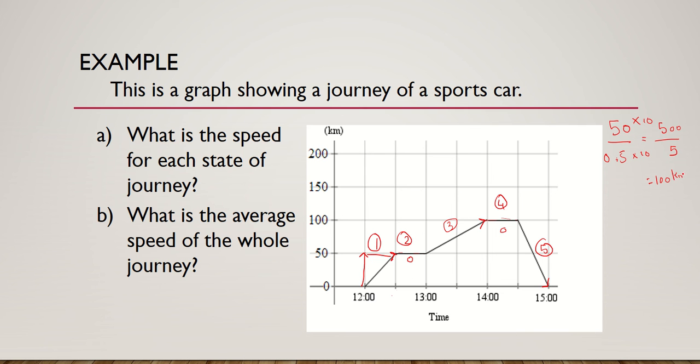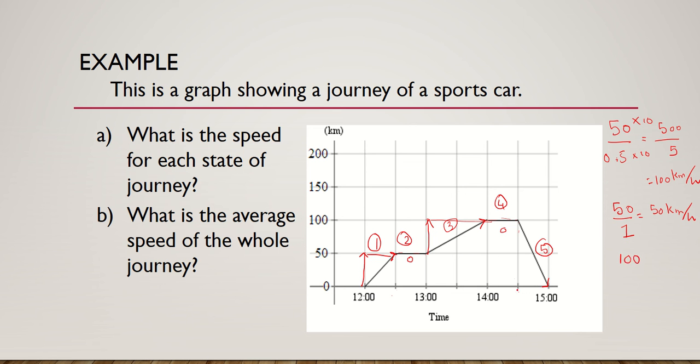100 kilometer per hour. Then from here till here, again 50 kilometer is the distance, but the time is 1 hour. So 50 kilometer divided by 1 is 50 kilometer per hour. Then here the speed is 0. When you are coming back, the distance is again 100 kilometer